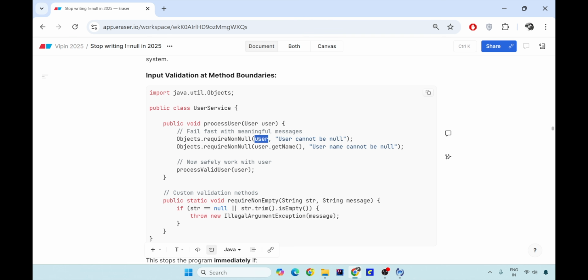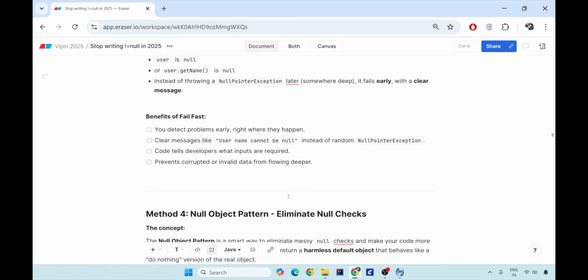The null pointer might not have reached here because user is not null. But what if I say user is null here itself? Then if you would not have used this particular line, this line would have failed. So going deep inside some method, your user.getName might have failed. But to prevent that subsequent null pointer exception inside the code, you are preventing that null pointer exception at this first line itself saying your user cannot be null. So you detect the problem early.